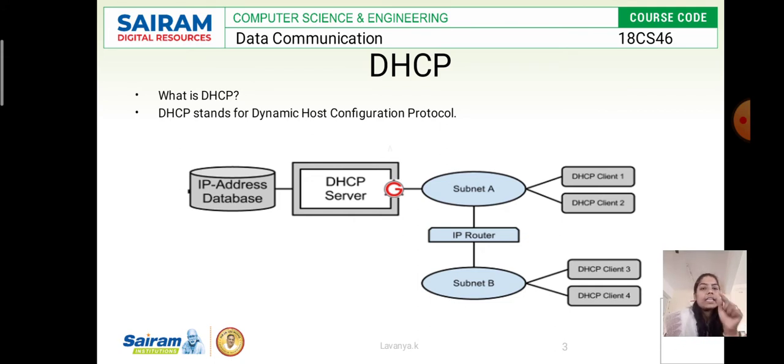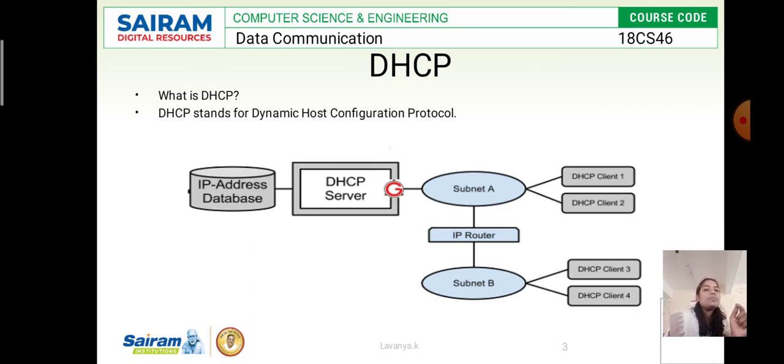Initially the DHCP server fetches the IP address from the database. If the IP address is not found, they do not perform any operations, because they have to find the server IP address. Based on that IP address they send the data, because here we use n number of clients. Client 1 and 2 connect to the subnet that is a class A address, and client 3 and client 4 use the class B address.